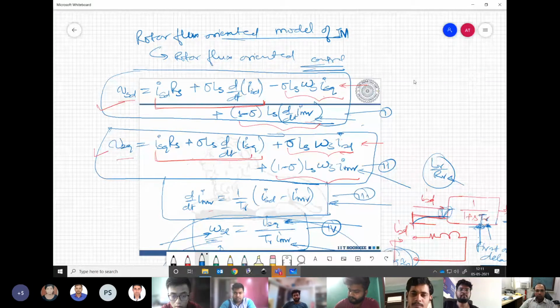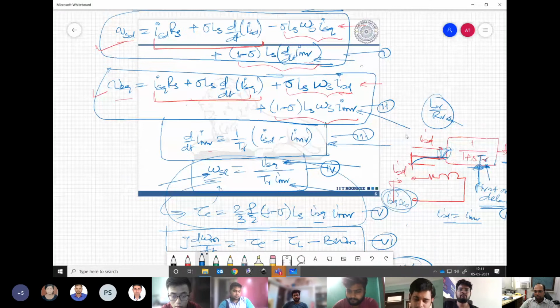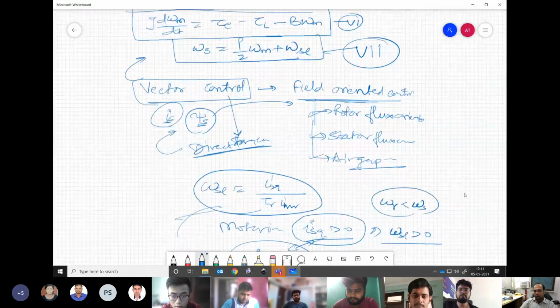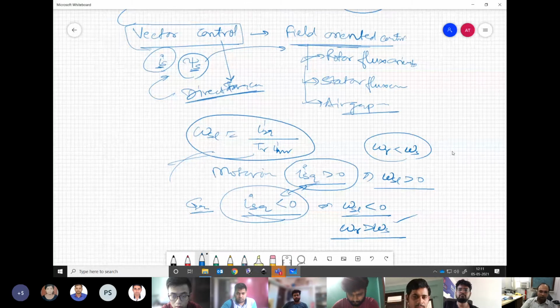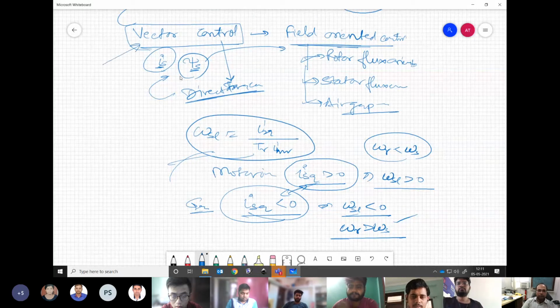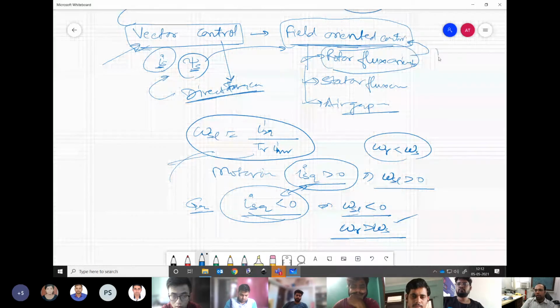Fine. Once we have got these equations, of course, when we are targeting the current vector, then we are into vector control, and in that we have done the rotor flux orientation. Another name that can be given is field oriented control, FOC, or rotor flux oriented control. This all comes under vector control. So these are the names given.